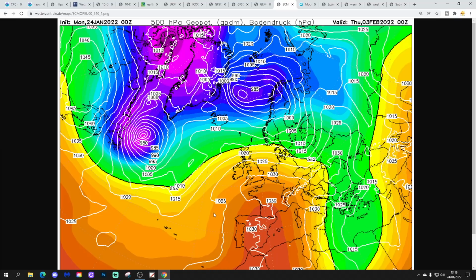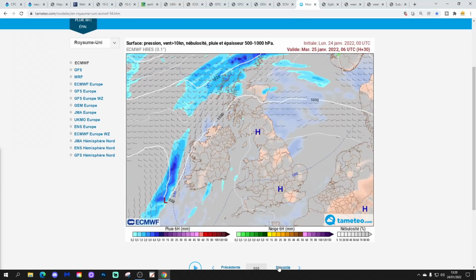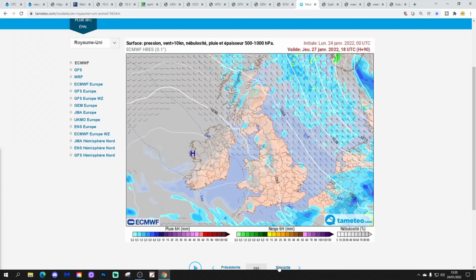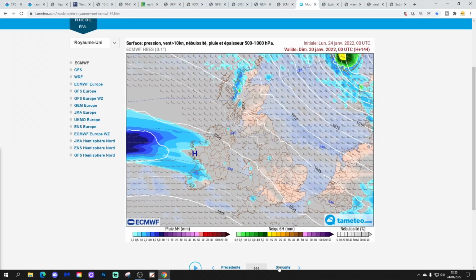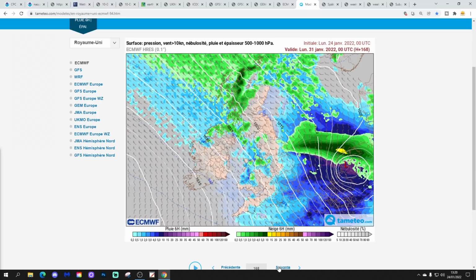So there's not even enough there to say that we get a cold snap for 24 hours from the ECM. It's just generally mild all the way through. This is a precipitation forecast based on that ECM run from Tometeo.com. Not much going on. Going to be lots of high pressure until around the last day of the month, and